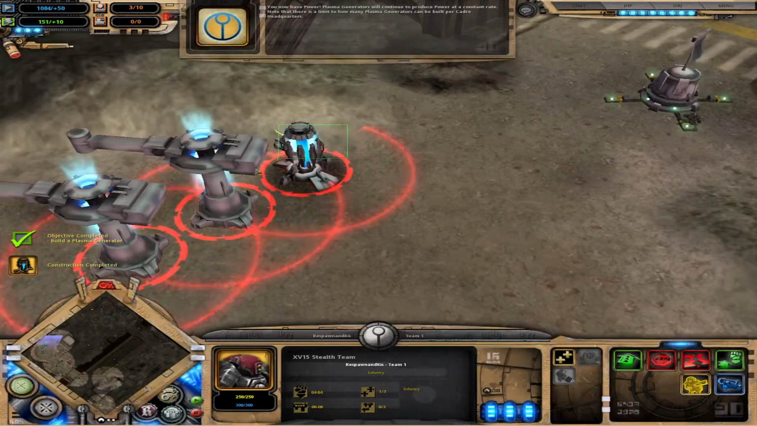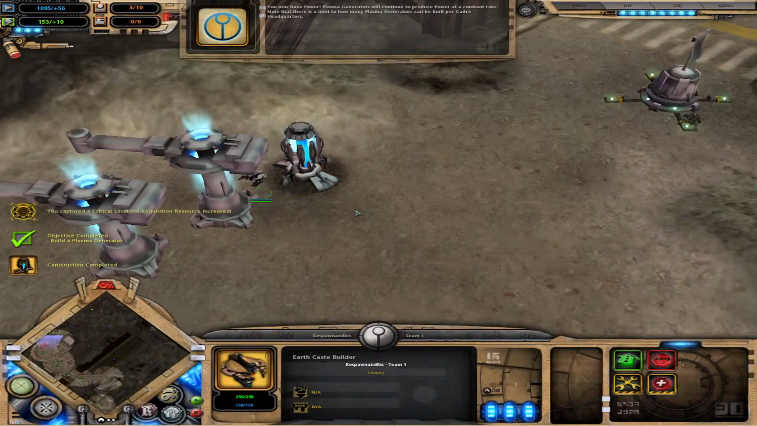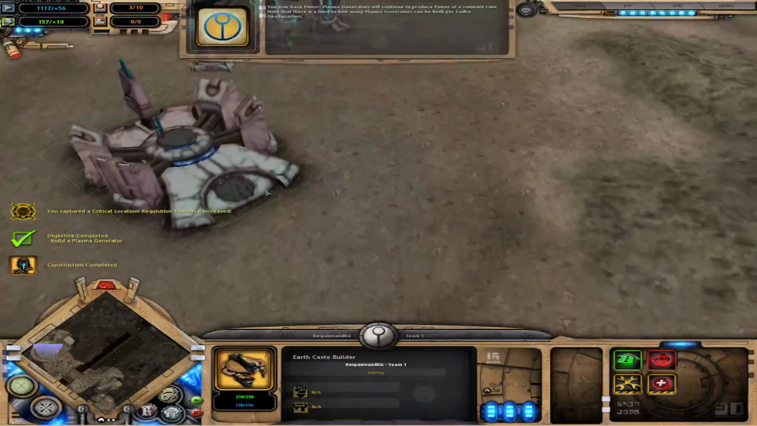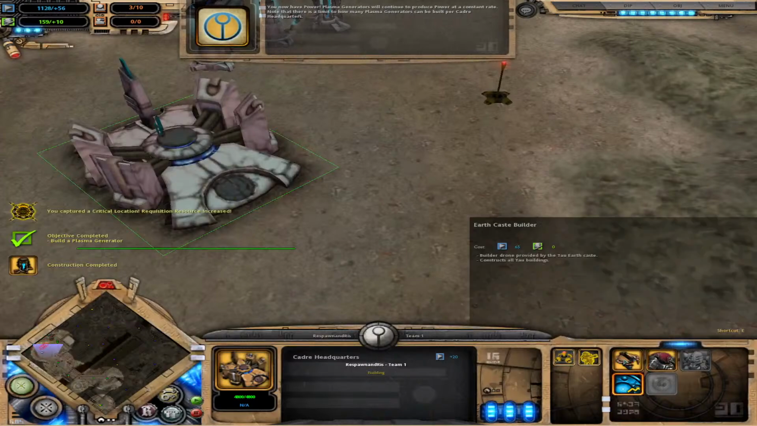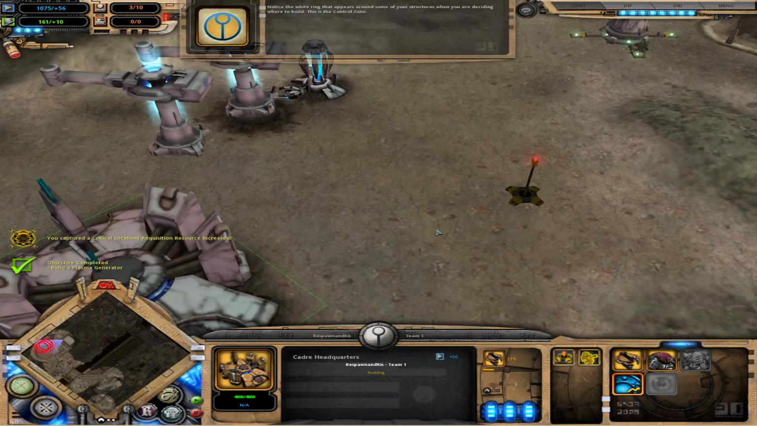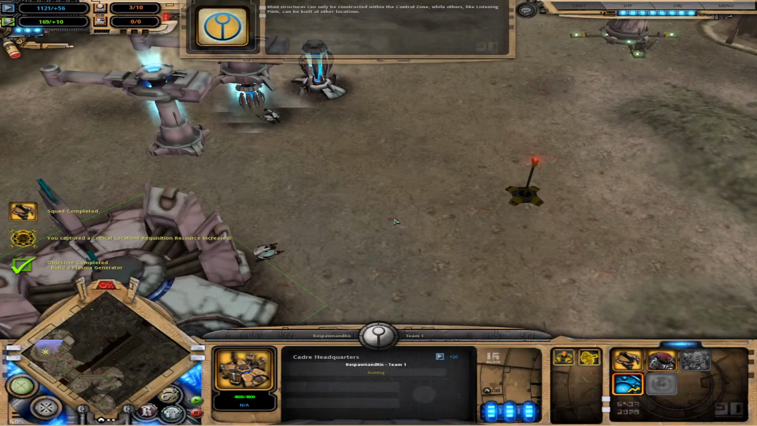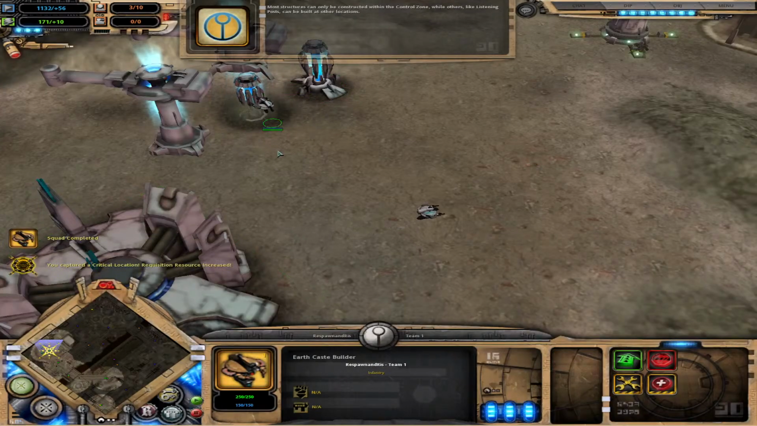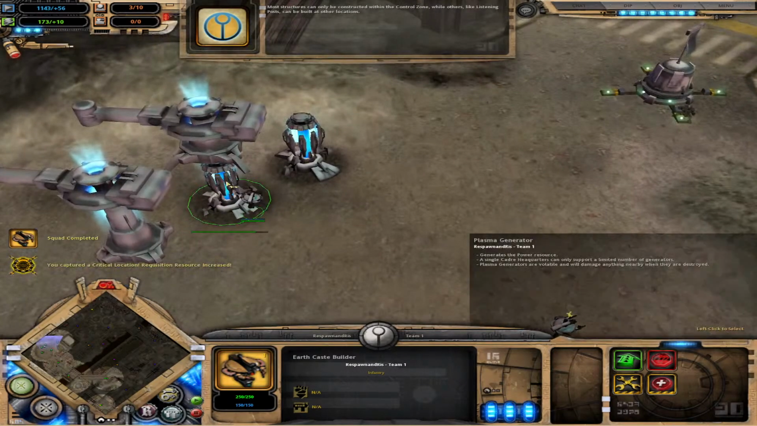You now have power. Plasma generators will continue to produce power at a constant rate. Note that there is a limit to how many plasma generators can be built per cadre. Notice the white ring that appears around some of your structures when you are deciding where to build. This is the control zone. Most structures can only be constructed within the control zone, while others, like listening posts, can be built at other